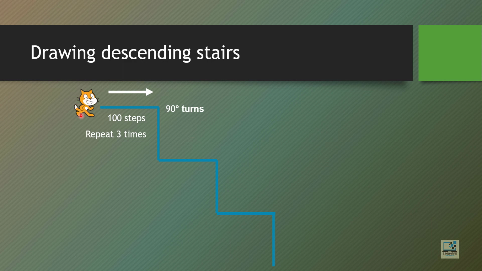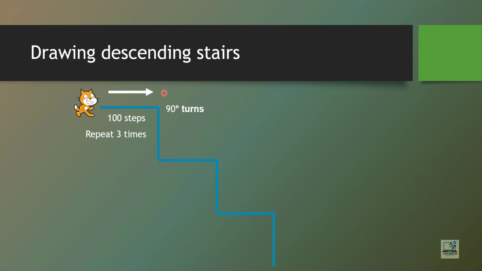So when the sprite is at the top, it is moving by 100 steps and it is taking a turn. Which turn is it taking? Clockwise or anti-clockwise? Which one? It's a clockwise turn. Students, if you are getting confused between clockwise and anti-clockwise, then I can give you one idea regarding this. When you look at the clock in your home, the way the hands are moving, minutes hand, hours hand, seconds hand, that is clockwise turn. And if you look at the ceiling fan in your home, on the top, if you see on the ceiling, that fan is moving anti-clockwise.